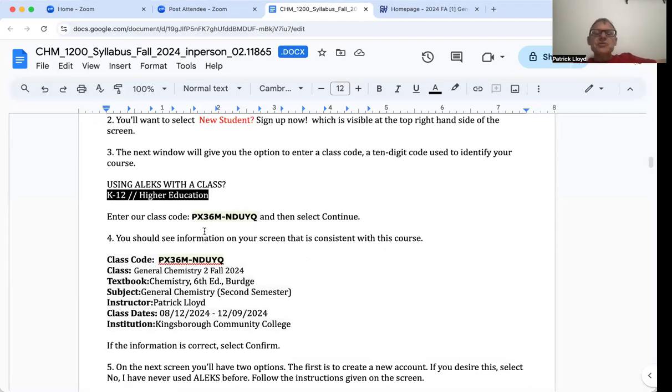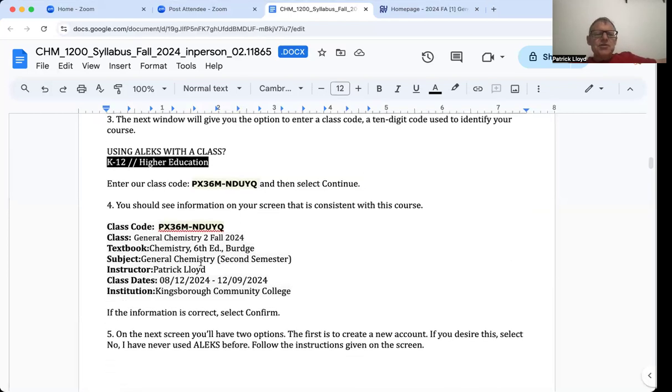There's really a couple things you need. One is you need the purchase code, which you would have purchased already. And then you need the class code. The class code is what links it to my course, to the course that I'm teaching this semester, the one you're enrolled in. Okay. And so the course code is 10 digits. You can just copy and paste this from the syllabus into the web page, and it'll find it. And sometimes it says 5th edition, sometimes it says 6th edition, it's a little glitchy, but it should essentially